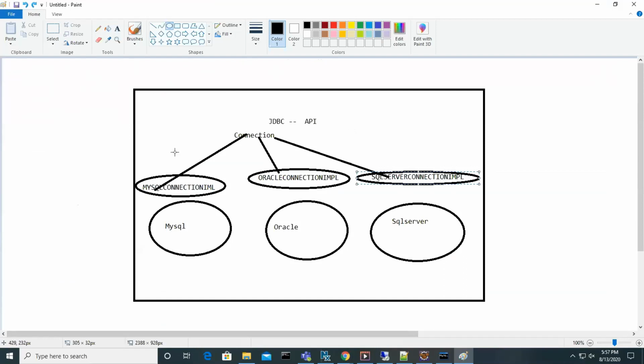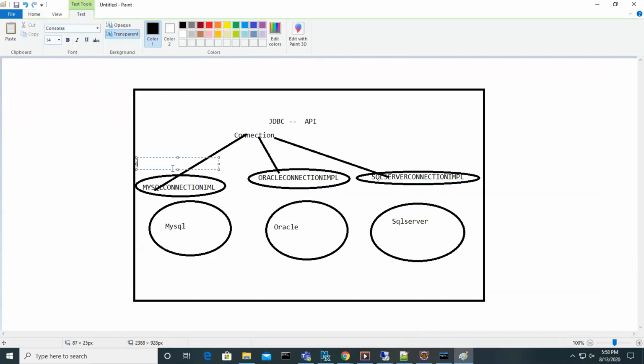So when they implement, they will get a list of classes, and they will make it as one jar file. Now I can say mysql.jar, and this has oracle.jar, and this is SQL server.jar.